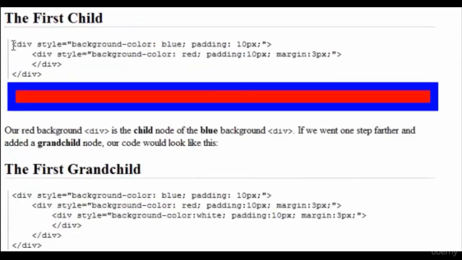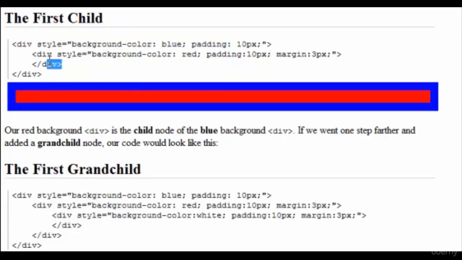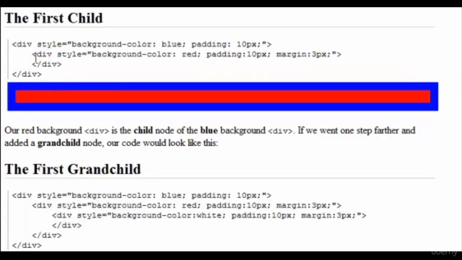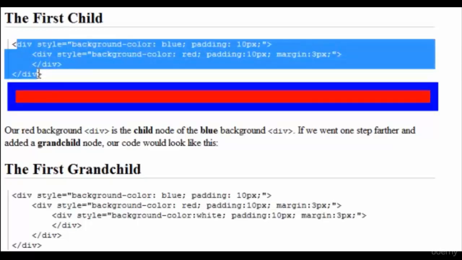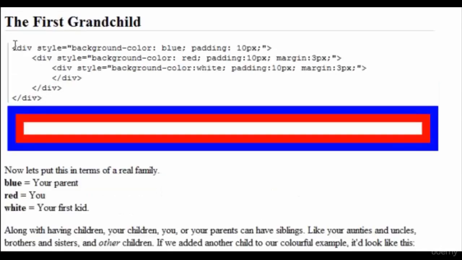So if we look at the code before we even look at the image here, we have our blue background div, and inside of it we have our first child, and this one has a red background. So because our red background div is inside the tags of the blue background one, the red background div would be the child of the blue background. Now we can go even one step farther and create grandchildren. Same thing here. We have a blue background, then a red background, and we're going to create a grandchild with